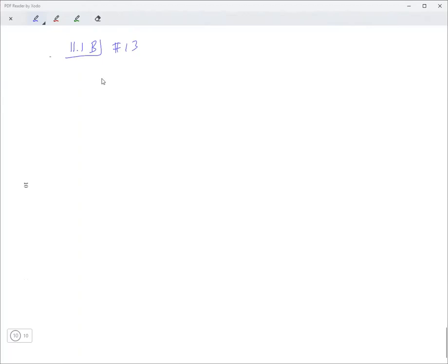So mine is this one right here, the limit. You're trying to find the limit of this sequence here. Okay, so what you can do is